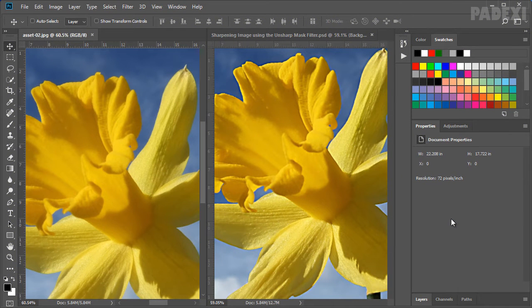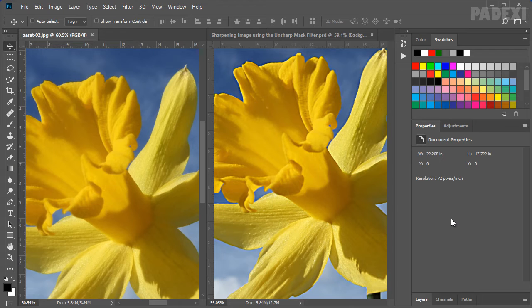In this clip, we will use the Unsharp Mask filter to sharpen the image. The Unsharp Mask filter allows you to sharpen an image by increasing contrast along the edges in the image. Note that the filter does not detect edges in the image. Instead, it detects pixels that differ in value from the surrounding pixels. You can control this value using the Threshold option that this filter provides. After that, it increases the contrast of the surrounding pixels you specify. In addition, you can specify the radius of the region in which each pixel is compared. So the larger the radius you specify, the larger will be the effect on edges.